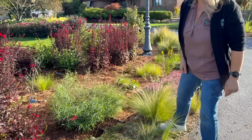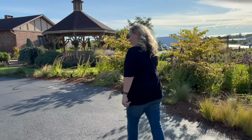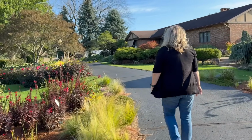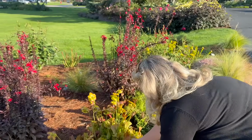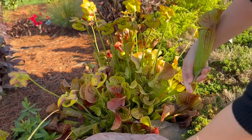Yep. But the pictures are really cool. Let me see if I can find a good one to grab, because it's kind of fun to show what they do. Oh, wow. I love these ones with the really big pictures. So,